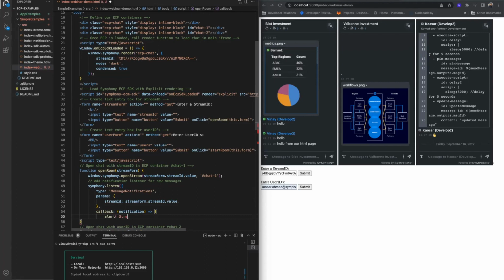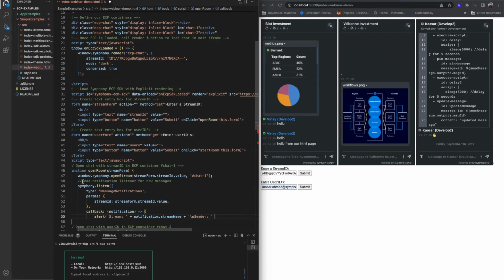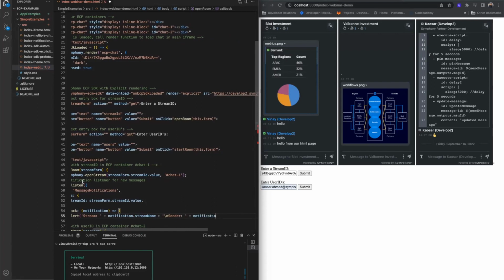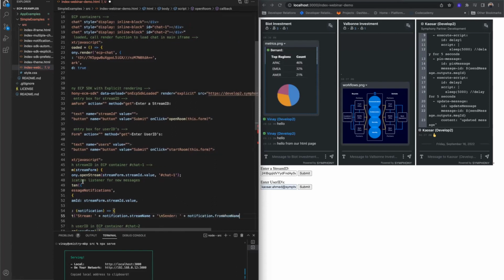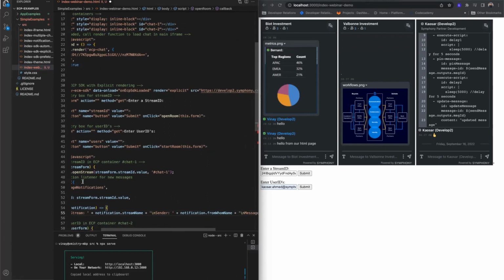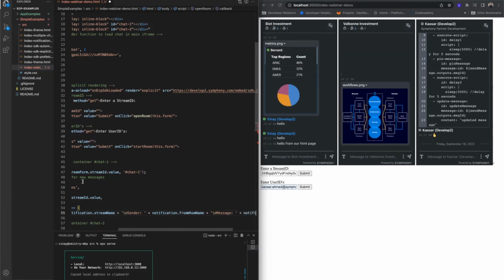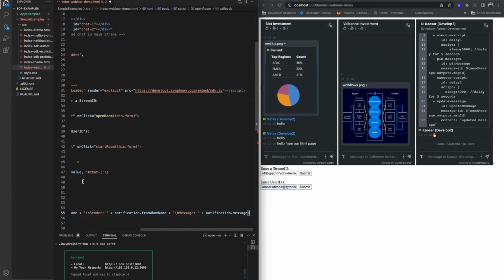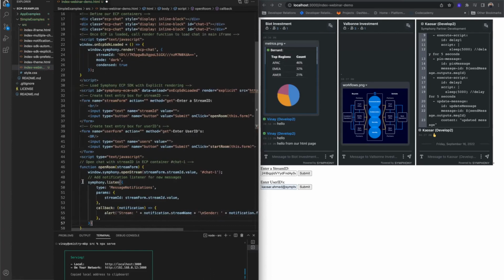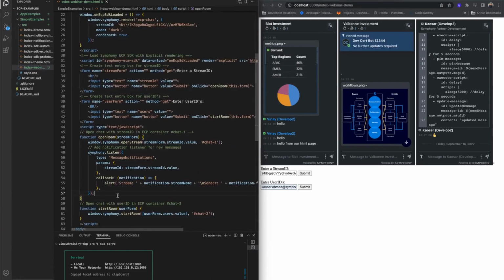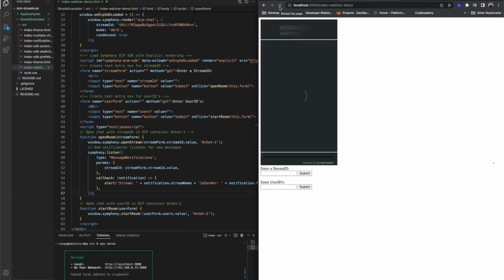And then quite simply, I'll be generating an alert with the stream that generated the message, the sender from who it was, and the actual message itself. Okay, so let's save this. I need to reload my page. So if I reload this,